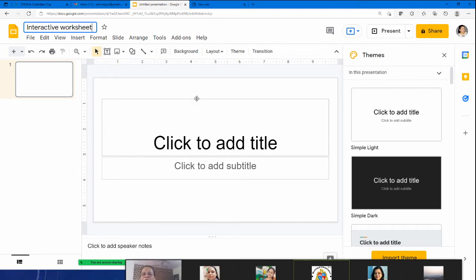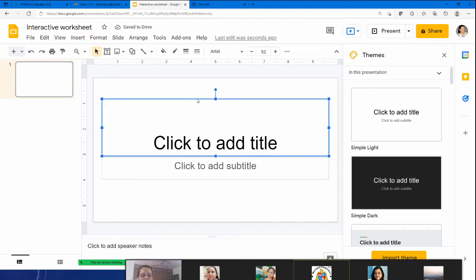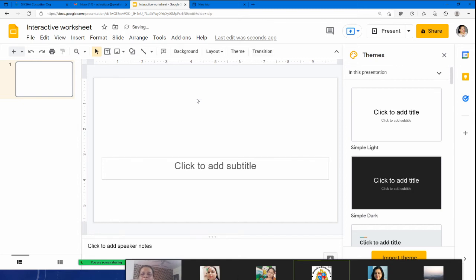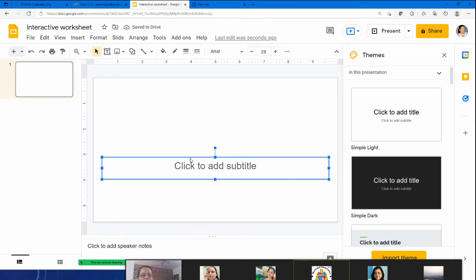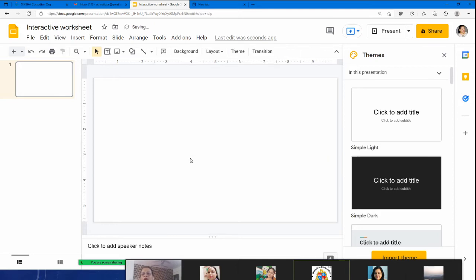Okay, so when you click on a new slide, I don't need all this. You can opt for a blank slide. Now let's suppose I want to make a worksheet. In 6th standard we have a topic on food. Now let's suppose you want to make a worksheet where children have to identify the various sources with the different nutrients that are there. Like you want to identify whether these sources are fats, proteins and things like that. So I'll just take that simple worksheet. You can make use of n number of worksheets for your classes.